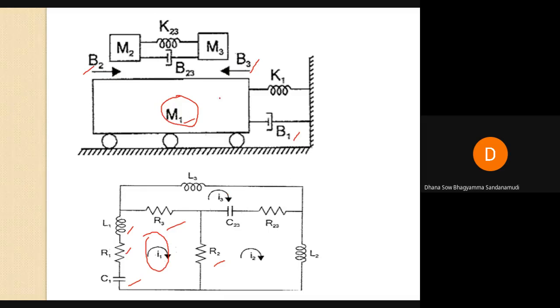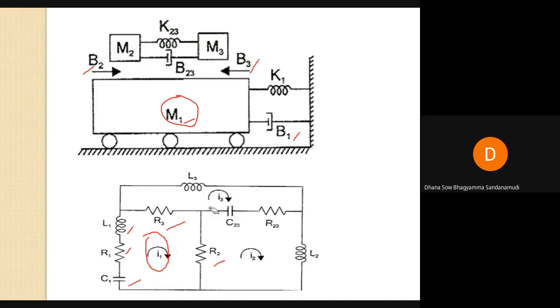B3 is common to loop 1 and, I'm calling it a loop. You can call it a loop, no need to call it that, actually it is the mass. Just for understanding purposes I'm telling. So B3 is common to loop 1 and loop 3. R3 is common to loop 1 and loop 3. R2 is common to loop 1 and loop 2. That's why draw R3 and R2, which are common to loop 3 and loop 2.